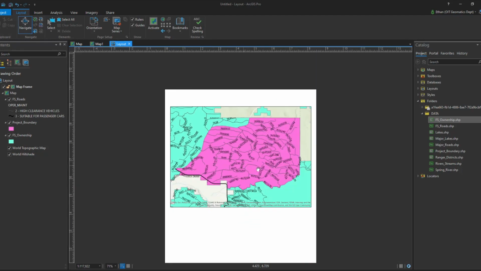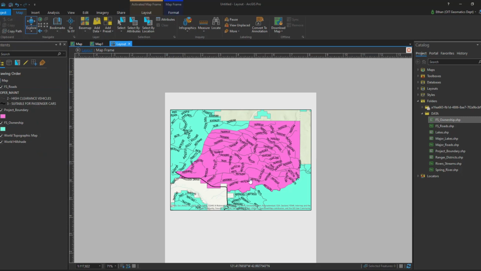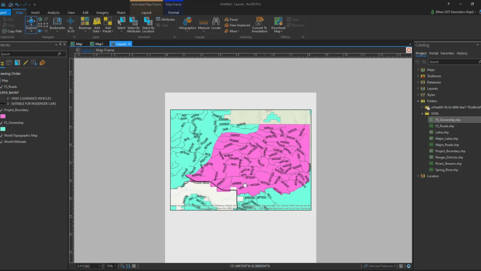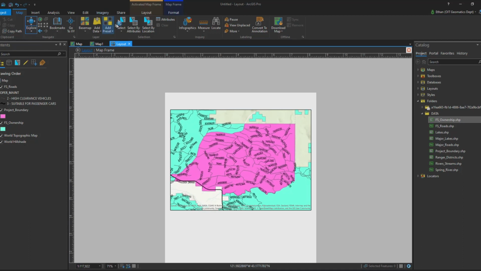If I wanted to zoom the material on the map or change anything about how the content on the map looks, I have to activate it. And to activate it, I can right click on it and go Activate. You'll see it grays everything else out around it. And now if I pan, you'll see it moves the things on the map around. And then to deactivate it,